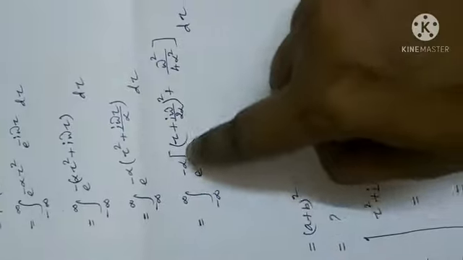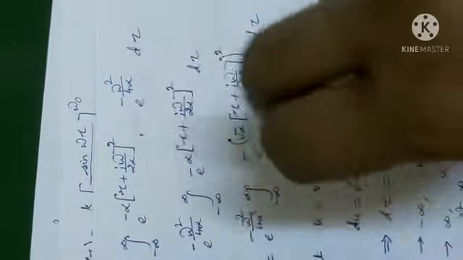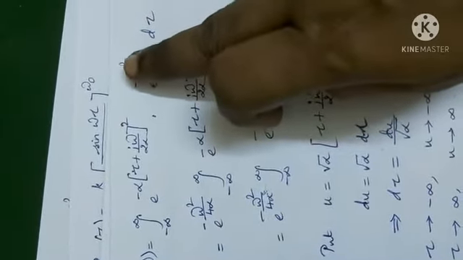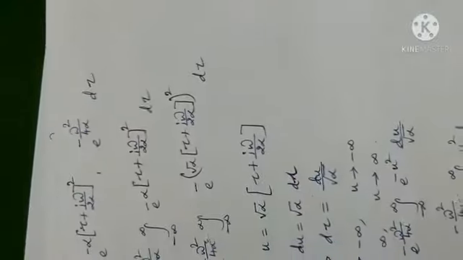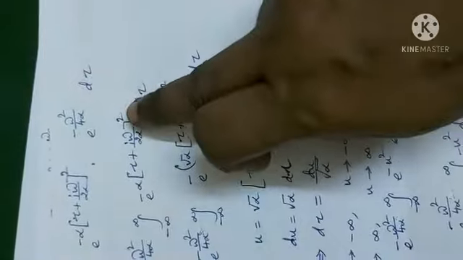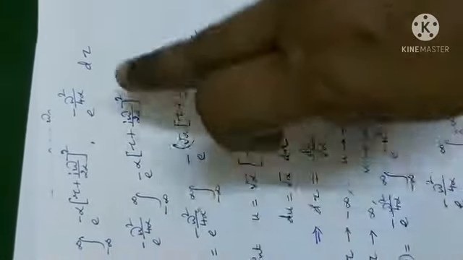Once you know, listen here, e to the power of, when the base is the same, we add powers. Here the powers are added. Let us write it as e to the power of minus this term plus e to the power minus this term. Since integration is with respect to tau, this is a constant which can be taken outside. Let us take this alpha as root alpha whole square, because we are going to use the substitution method to get the answer.